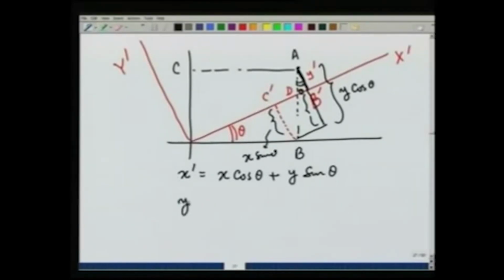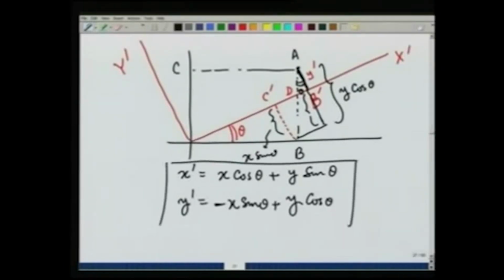So, y prime therefore, is going to be y cosine of theta minus x sine of theta,